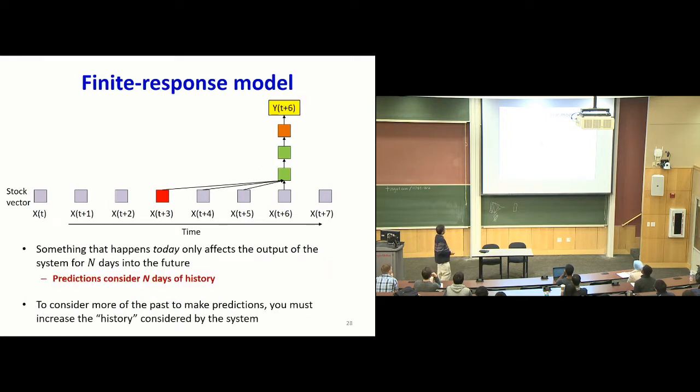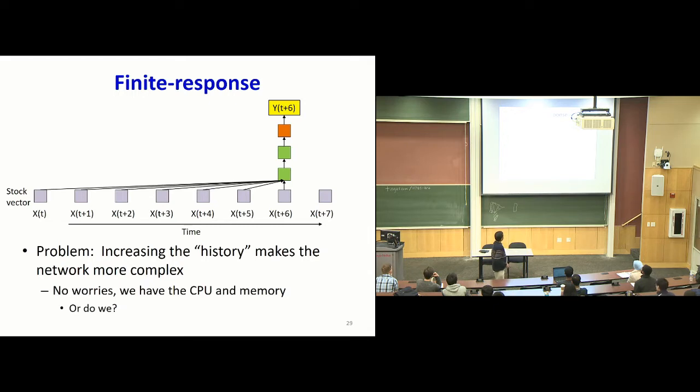So if you want to increase the amount of time over which you consider the past, what is the easiest way of doing it? I just increase the width of the window over which I'll consider the input. To increase the history being considered, I could just increase this window, and it's not really a problem. I mean, it's not that big a deal.